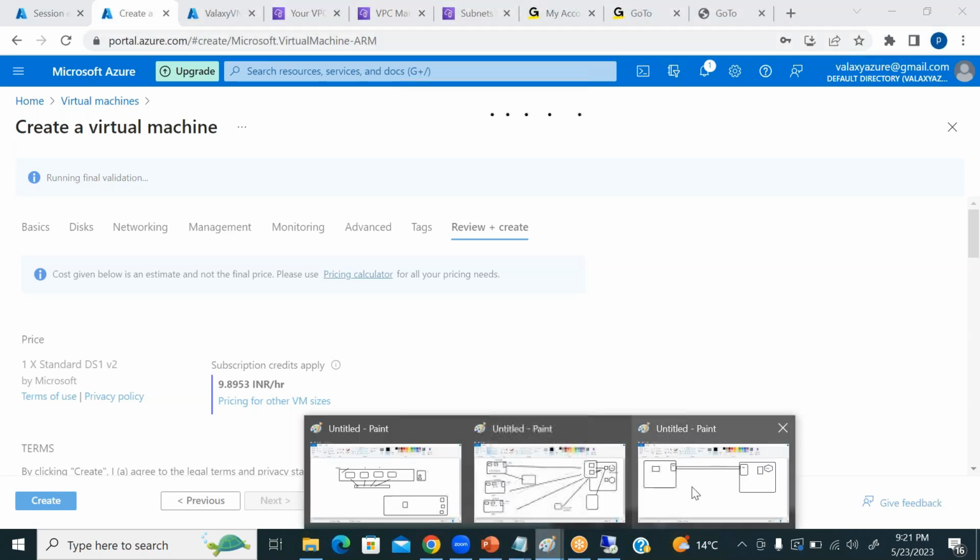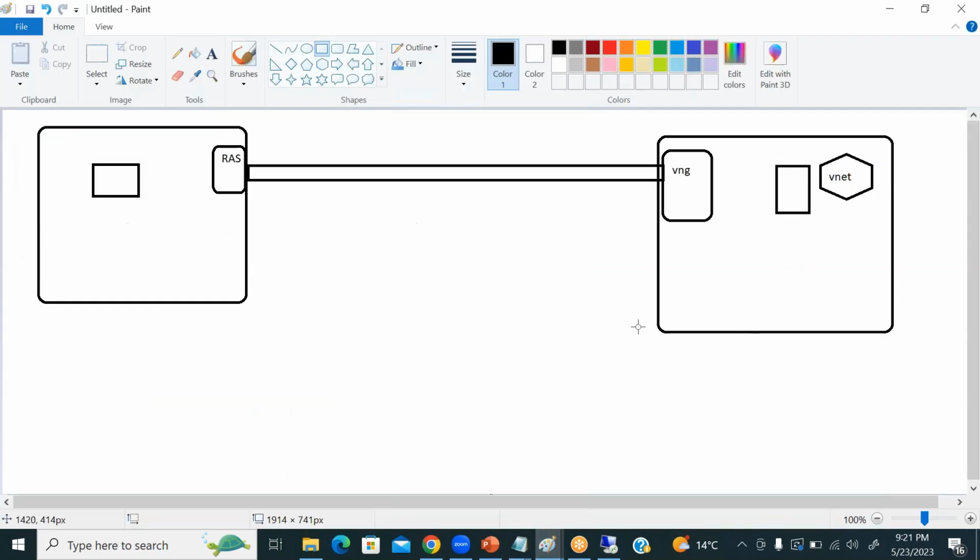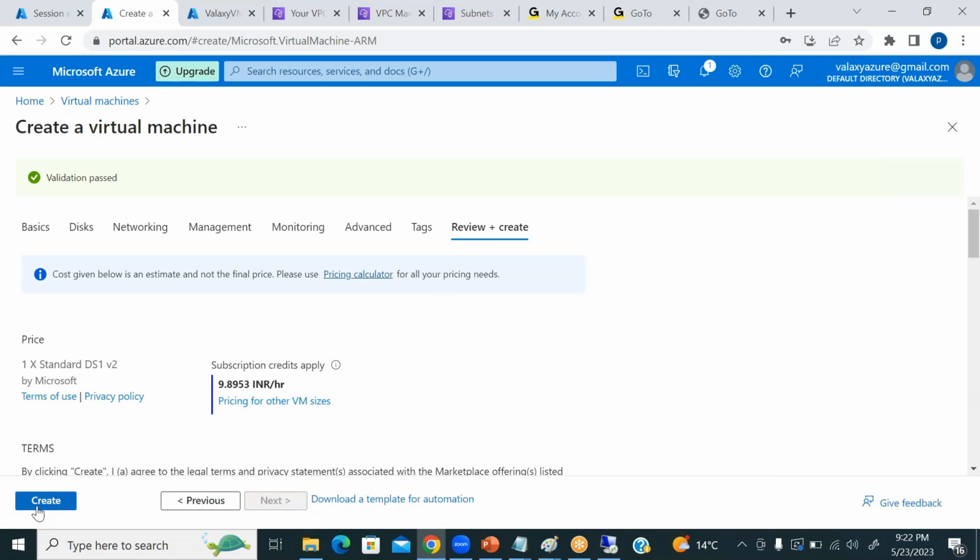So right now I'm creating this machine so that from here to here we'll try to connect, whether it will come from here and connect to this machine or not. So I'm creating this machine now. This is already available. So create it,